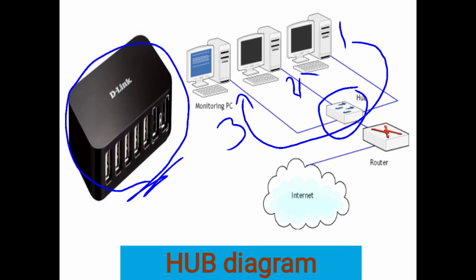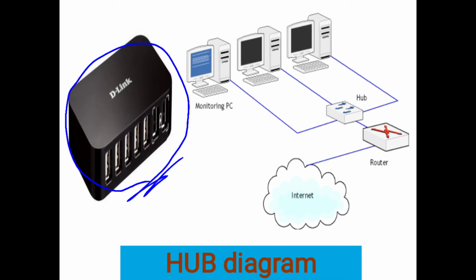In between all the computers which are connected with this LAN network, it will pass the message to all the computers. The computers which are not supposed to receive it, that is PC number 2 which is not supposed to receive right now, will simply drop the message and at last it will be received by PC number 2. That is one disadvantage with the hub device.